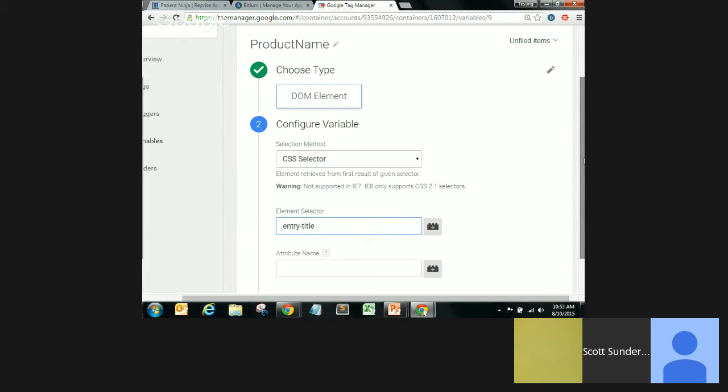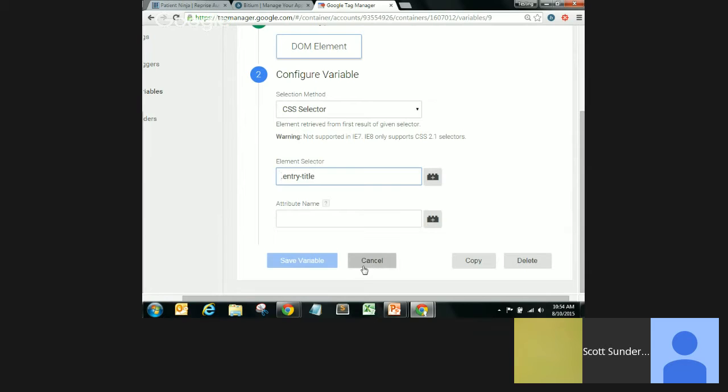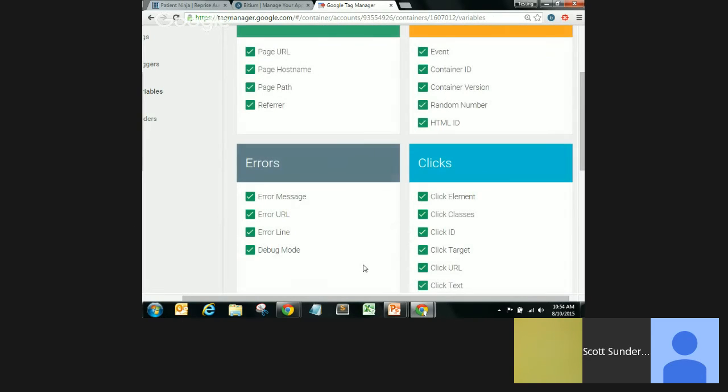What James has said, so as part of the DOM tree, you have one element in a class, which might be part of another class, so it's called a parent-child relationship going through the structure. So all I've used is the end part of that parent-child structure. Should I put in all the parents above that to be more correct? Yes, you probably should. But because I know there's only one of these on the page, I'm just using the last bit. So sometimes this won't work. If there's a number of elements called entry title, you might have to go further up the DOM tree to specify that. Cool. So this is all kind of complicated, but what we've done is we've selected the product name